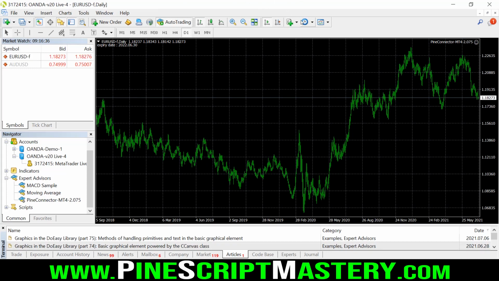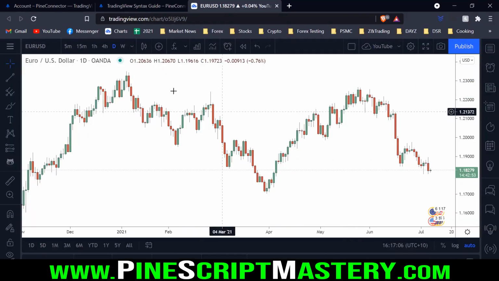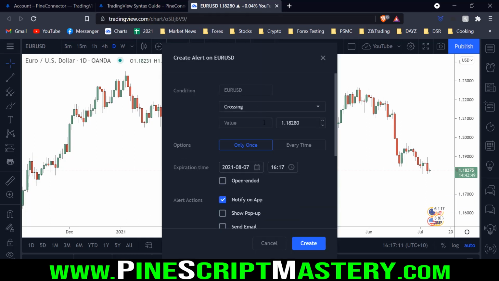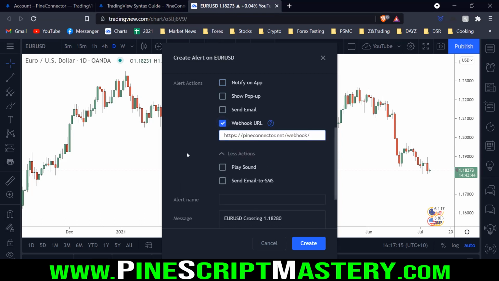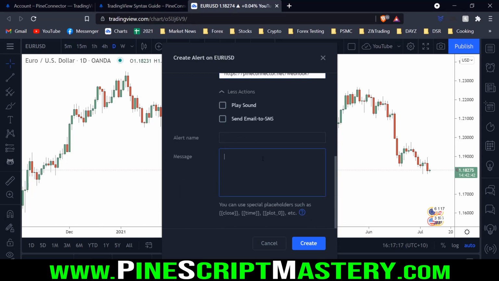And it just so happens I have MetaTrader 4 set up today. But this should be a good example of how similar these platforms behave when it comes to PineConnector. So let's jump over to TradingView and create an alert. So I am on Euro Dollar here. So I'm going to click Create Alert, scroll down, turn off notifications, turn on my webhook, and clear this message